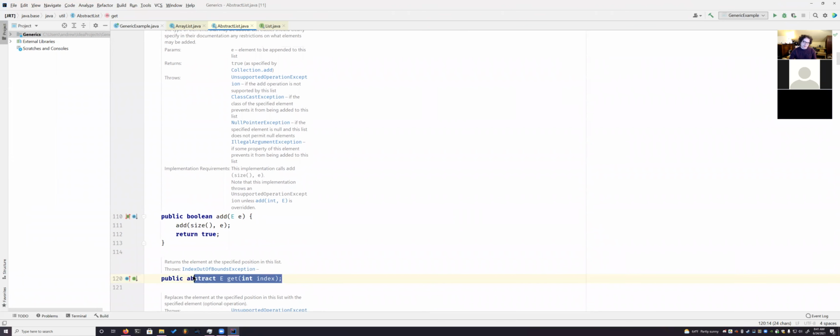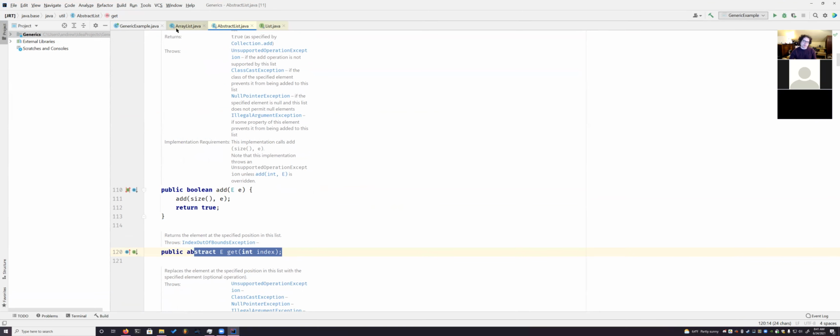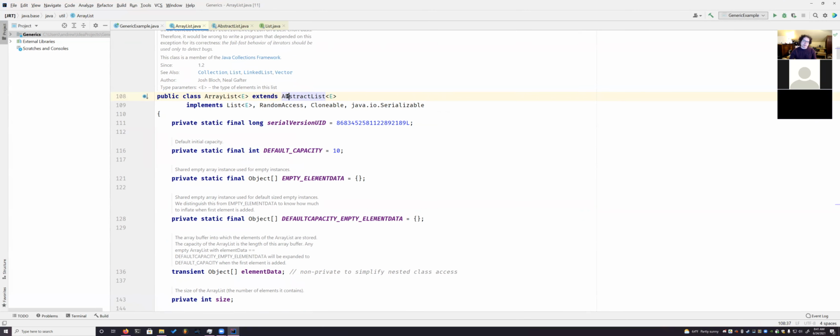This guy is abstract, meaning that he's not filled out. So if you extend an AbstractList, you've got to fill those in. You extend a class that's fully or partially written, but you can implement as many interfaces as you want. It's a weird way to do it, but the point being